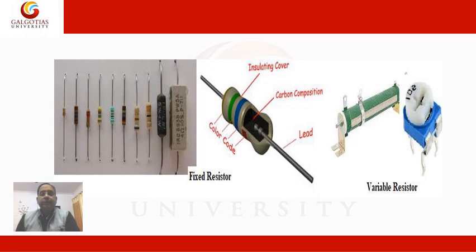Now look at some resistors. Here you can see a lot of resistors having different values. We can calculate the resistance value by the color coding as well as with a multimeter. Here you can see there is some color code, and the color composition is over there, and finally on the internal side they have a lead. This is called a fixed resistance, meaning its value is fixed. We can't change this value. Suppose it is 100 ohm, then it is 100 ohm always.